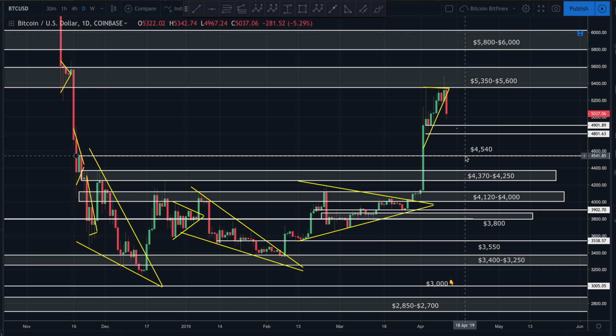start to ladder in. I've got buy orders laddered in starting here, very light, a little heavier here between 4,400 and 4,250. As we can see right here, this acted as a strong resistance. What was resistance, it may act as support. We'll have to wait and see how it does, if it does. But between, again, 4,400 and 4,250, I've got more buy orders laddered in there, and then below that, the major